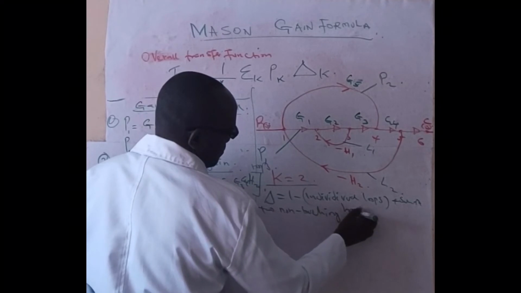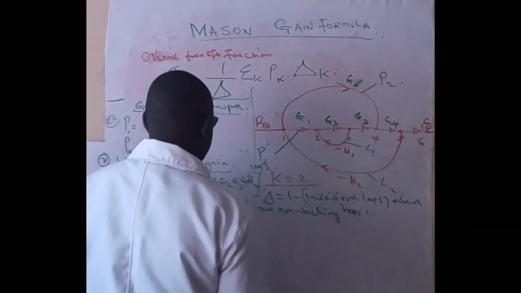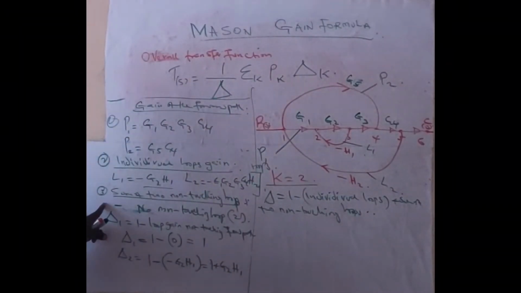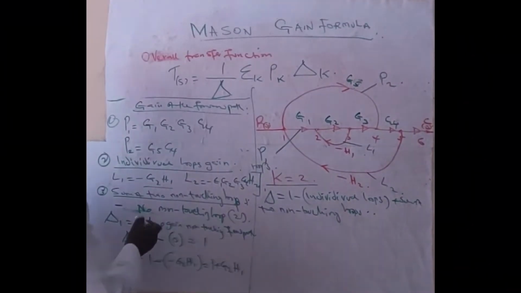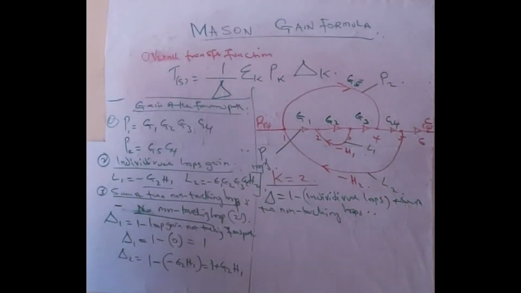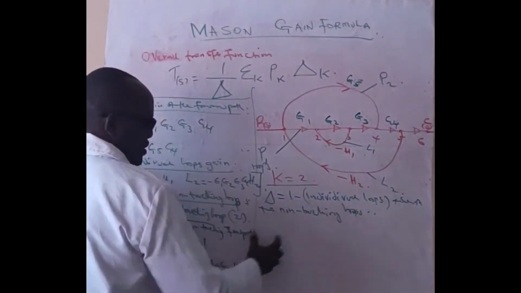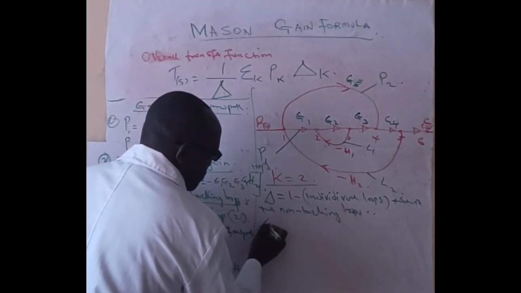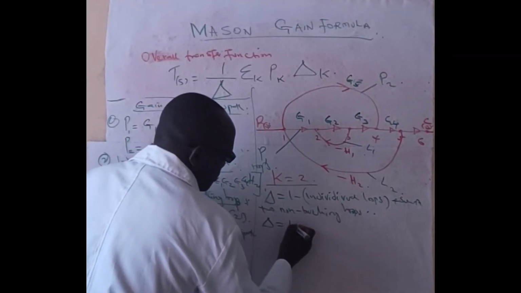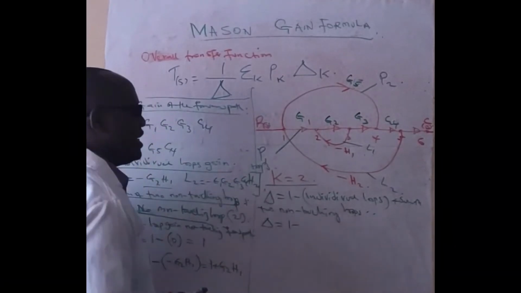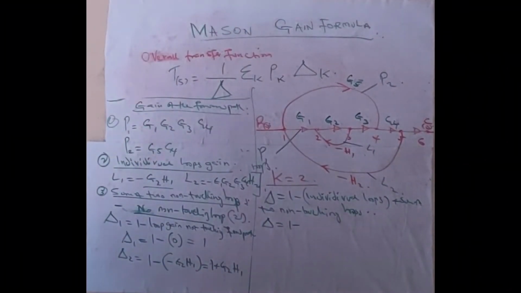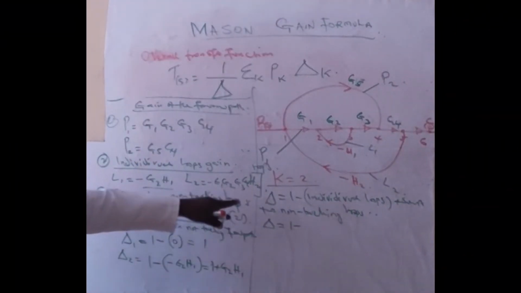Based on what we came up with here, there are no non-touching loops, so we don't have this. So delta is going to be equal to 1 minus the individual loop gains,